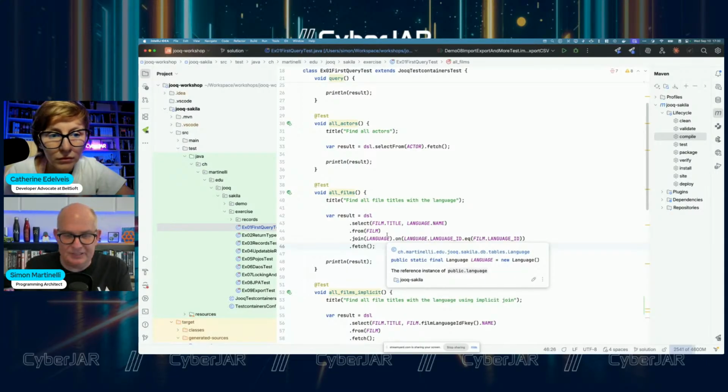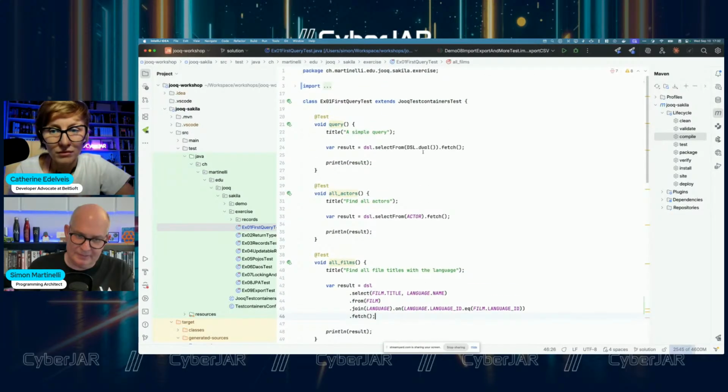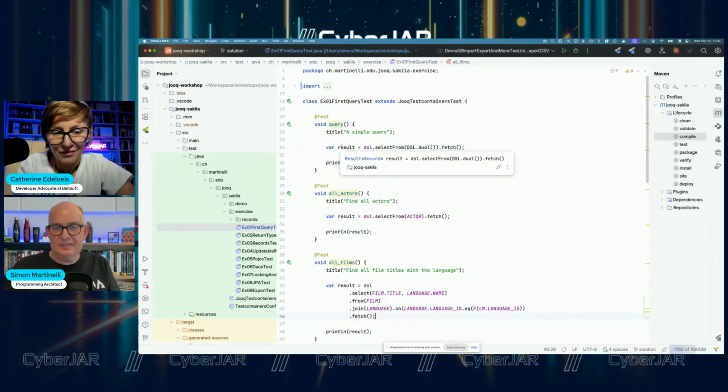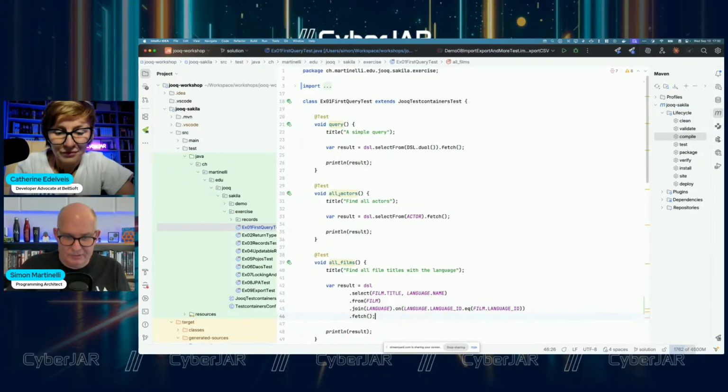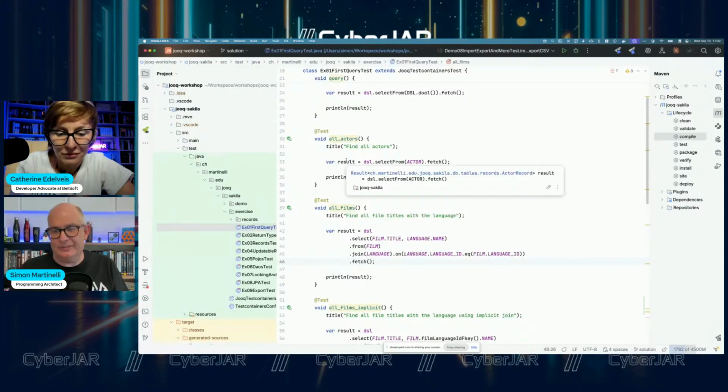And processing the result is very often a bit difficult. And JOOQ, let's use that case here, will return a record. A record that's not a Java record, that's a record in terms of a database record. And JOOQ also generates records per table.